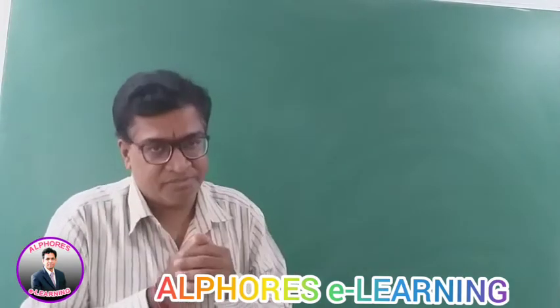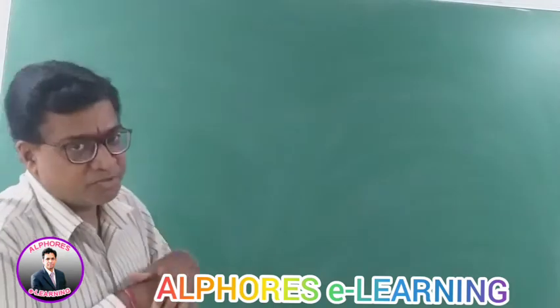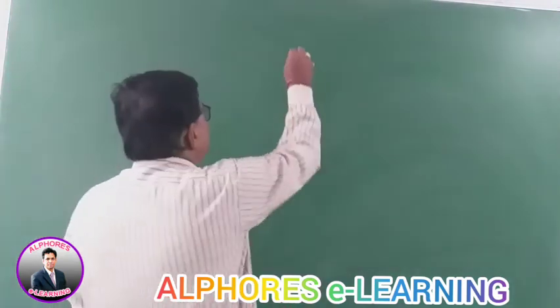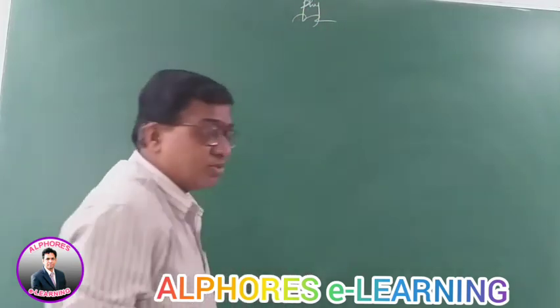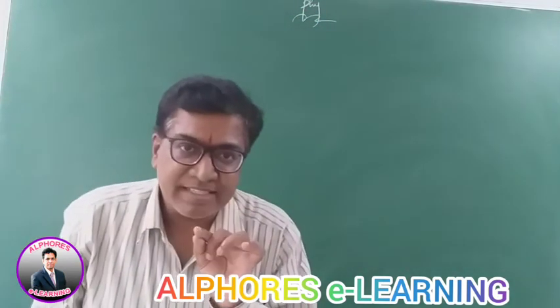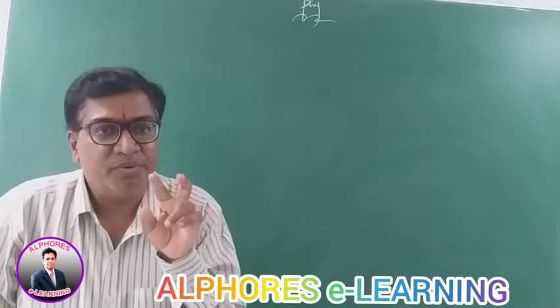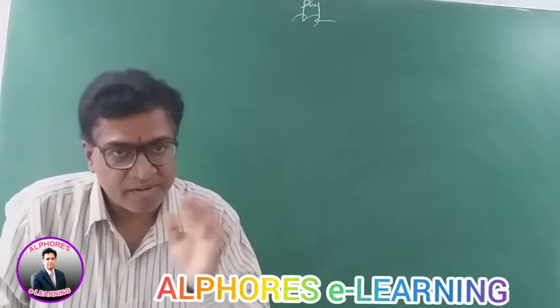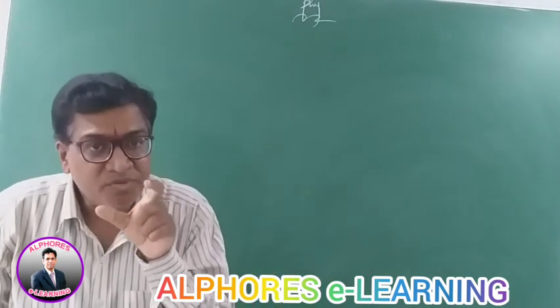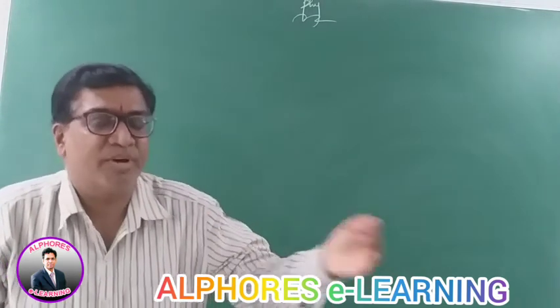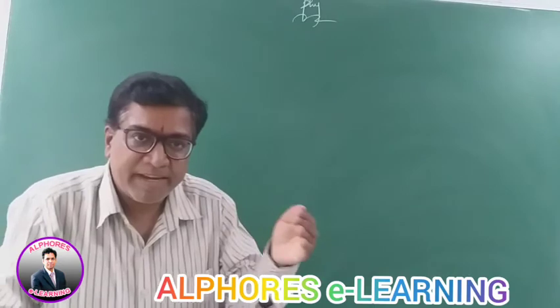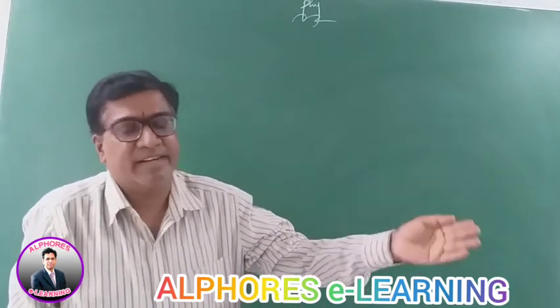Then the product of vectors. Well, there are two types of products of vectors. Today we compare the product of two vectors, right? So vectors can be multiplied to give you either a scalar or a vector. If two vectors are multiplied to give a scalar, it's called scalar product. If they are multiplied to give a vector, it's called vector product.